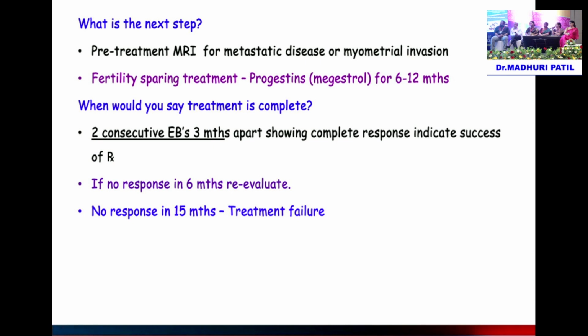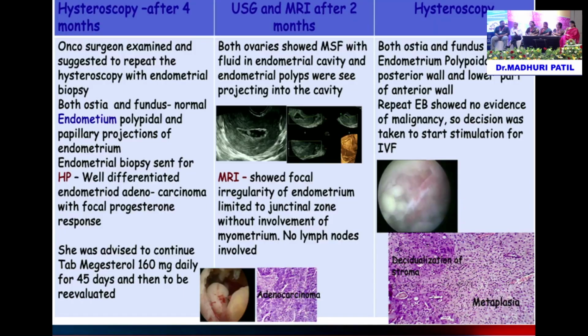For medical treatment, when would you say that it has failed? 6 months. Yeah. But the literature basically says up to 6 months if there is no response at all. But if there is partial response, you can give up to 15 months to say that it is failed. If it is partially responding, you can continue with the treatment. If at 15 months it has not completely responded, it means it has failed and you have to go for a definitive surgery. And what is the risk of recurrence? It's around 40% can recur.